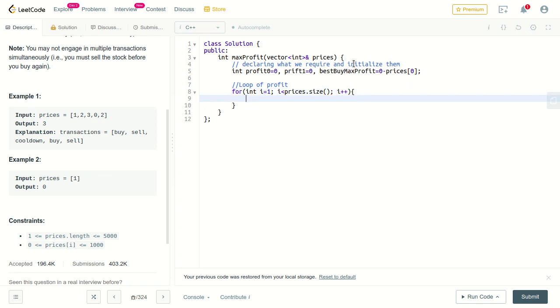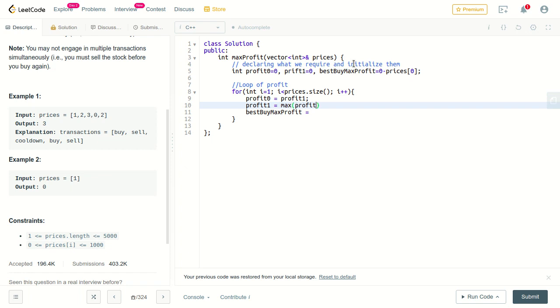And what we are saying is we have to update three things: profit 0 equals to, profit 1 equals to, and buy by max profit equals to. Profit 0 is going to be the previous value of profit 1. In case of profit 1 we have to consider max of previous profit,